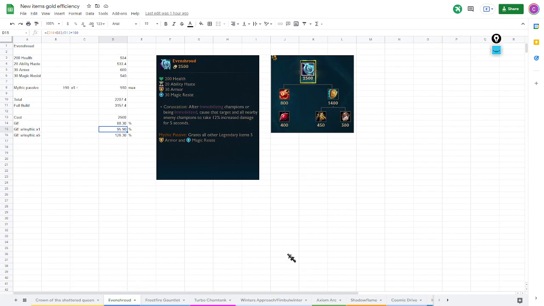Now, Evenshroud. This is going to be a tank utility jungler / support item. Now, this is kind of similar to Abyssal Mask in the fact that it increases damage to all nearby enemy champions. Now, Abyssal Mask is only the people you kind of CC, so if you've got one target and you're playing something like Nautilus, Abyssal Mask can be very, very good. Now, Evenshroud is going to be kind of more... you can CC anyone and everybody nearby will take that increased damage,